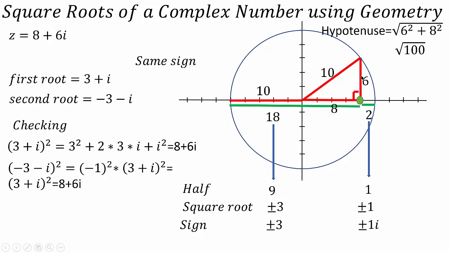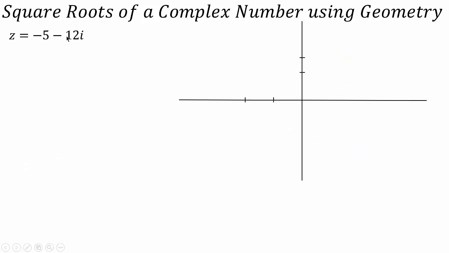Now let's do another example where the triangle won't form in the upper part of the circle but in the lower part of the circle. Let's see another example: z equals minus 5 minus 12i. In the complex plane, let's draw these values. We'll go 5 steps to the left and 12 steps down,